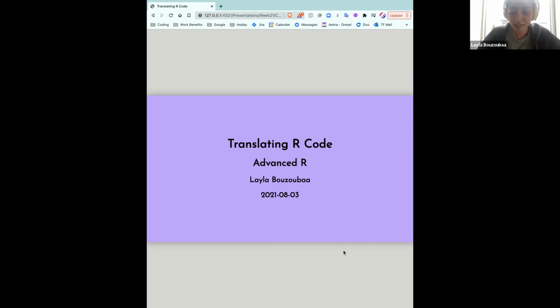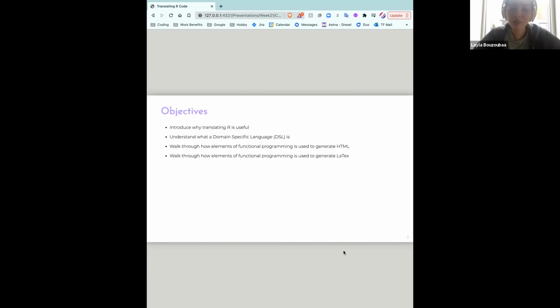So translating R, the objectives of this chapter, or of this lesson, is we're going to introduce why translating is useful. We're going to understand what domain-specific languages are. We're going to walk through how elements of functional programming are used to generate HTML. And then I thought we were going to walk through how elements of functional programming can be used to generate